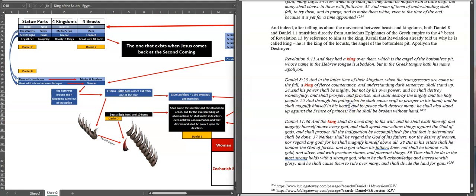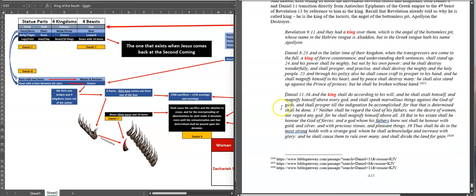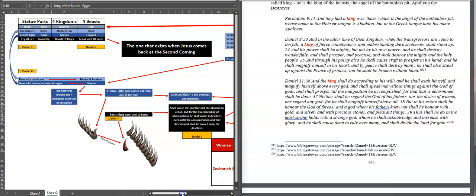That's talking about his abomination of desolation. He shall stand up against the prince of princes, that's Revelation 19, but he shall be broken without hand. And the counterpart to that is